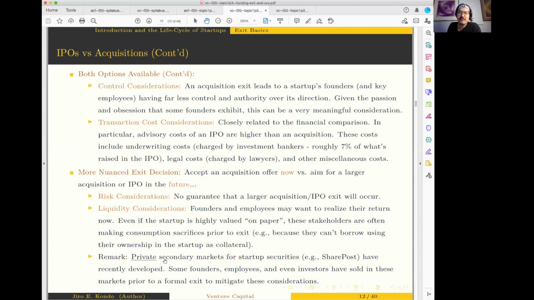There's this fella called Jeff Bezos who can kind of tell you to go screw yourself if he disagrees with you, right? And that's a big deal, by the way, because for founders, this is their baby. They have put a ton of blood, sweat, and tears into this. And losing control of it is not a little deal. It matters, and it has a value that you should consider and compare to the financial, right? Because you get acquired, you do not have control.